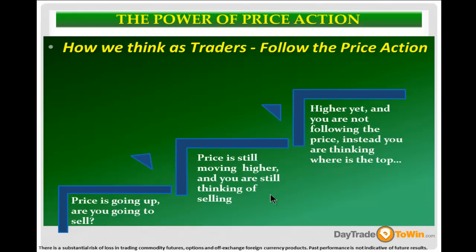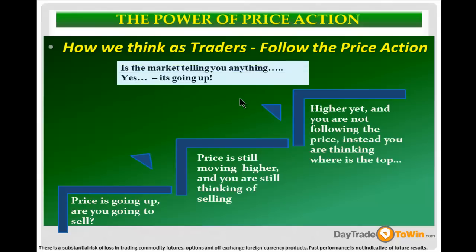Price is still moving higher, and you are still thinking of selling. It's normal, right? When I look at the market go higher, what do we say? Where are the Fibonacci's? Where is it going to stop? What's yesterday's high? What's happening at the resistance? You're always thinking about the opposite. The market moves higher yet, and you're not following the price. Instead, you're still thinking, where's the stop? Where's the top? Well,